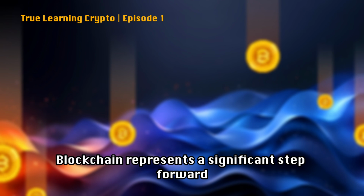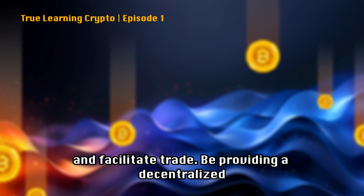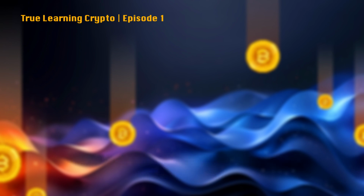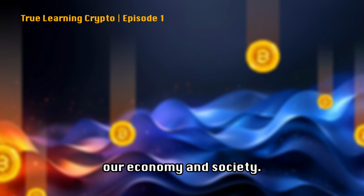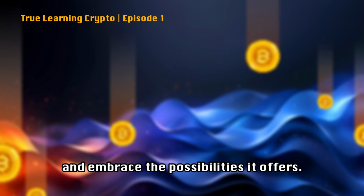Blockchain represents a significant step forward in our ability to reduce uncertainty and facilitate trade. By providing a decentralized and secure way to record and verify transactions, blockchain has the potential to transform various aspects of our economy and society. As we continue to explore and develop this technology, it is essential to keep an open mind and embrace the